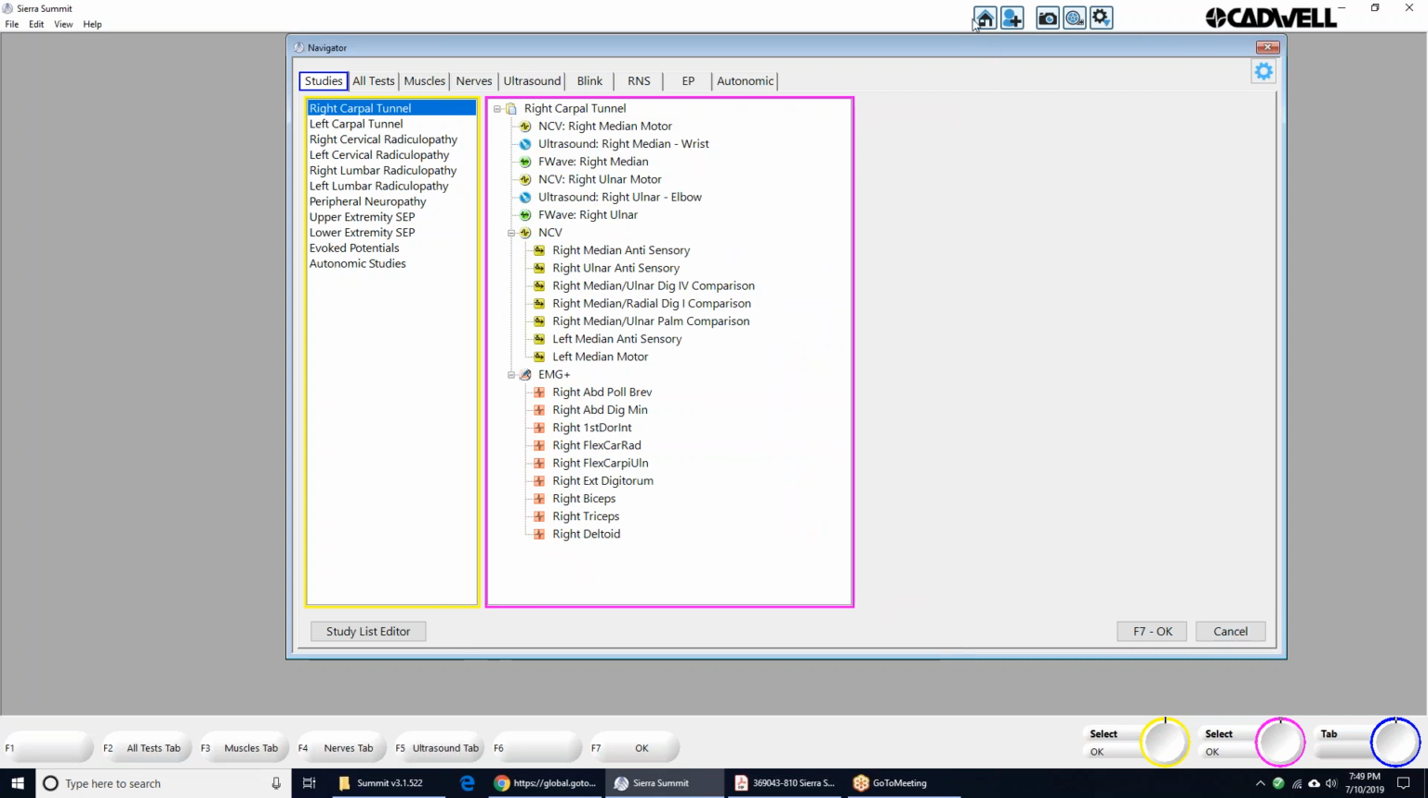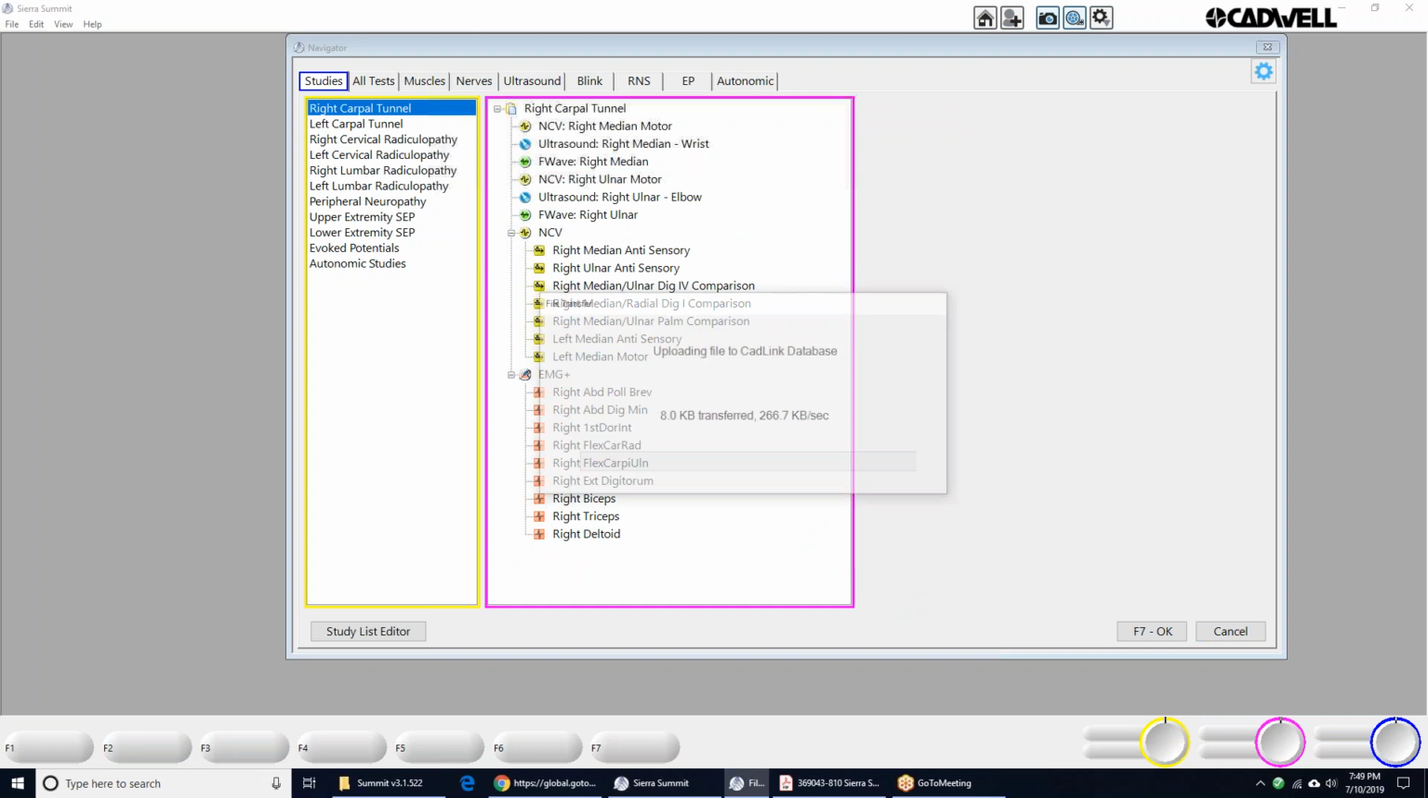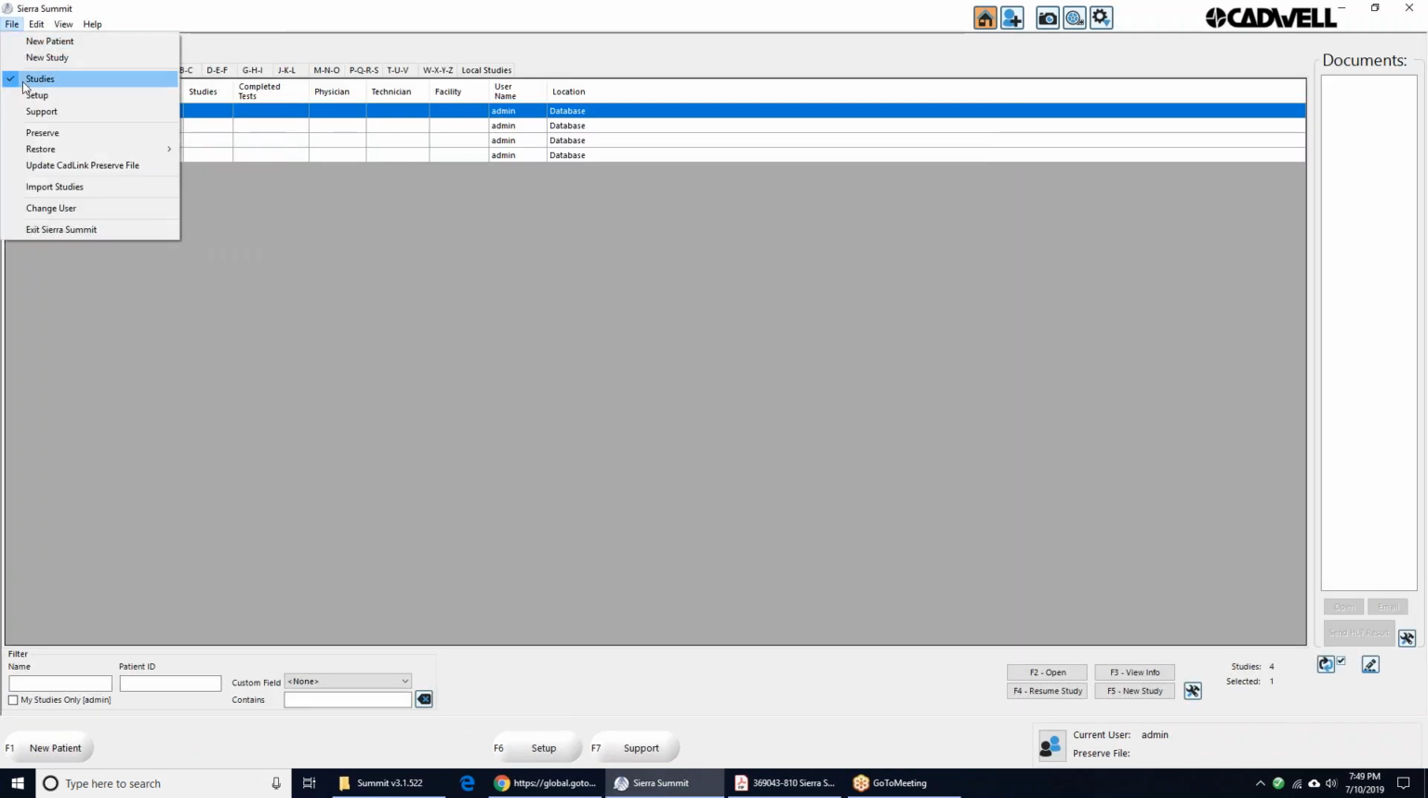If you're doing a new installation, then I'm just going to restore settings here. I'm going to restore all. And in fact, if you're doing an upgrade, you could do this. If they haven't been using EMG Plus or NCS Plus yet, you can upgrade them to 3.1 and then restore selected and just restore those two protocols from the 3.1 preserve file, and that will save you having to go through those extra steps of